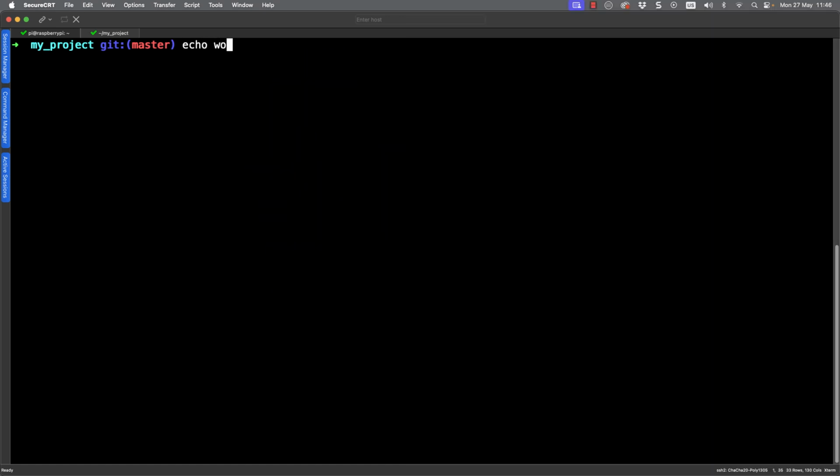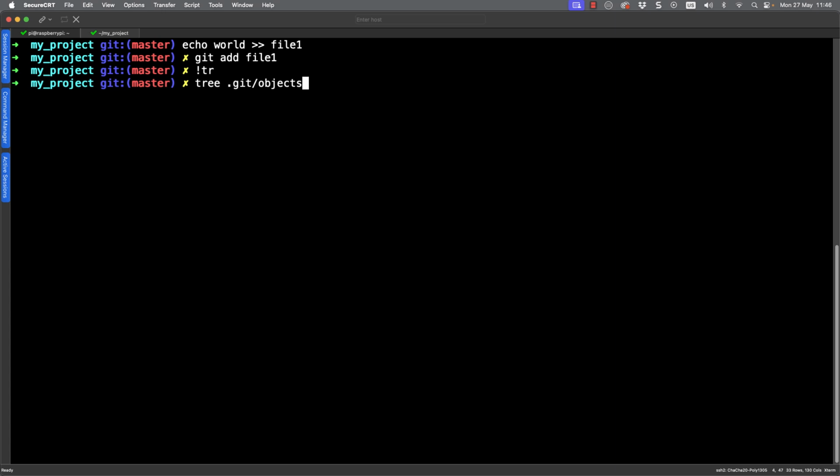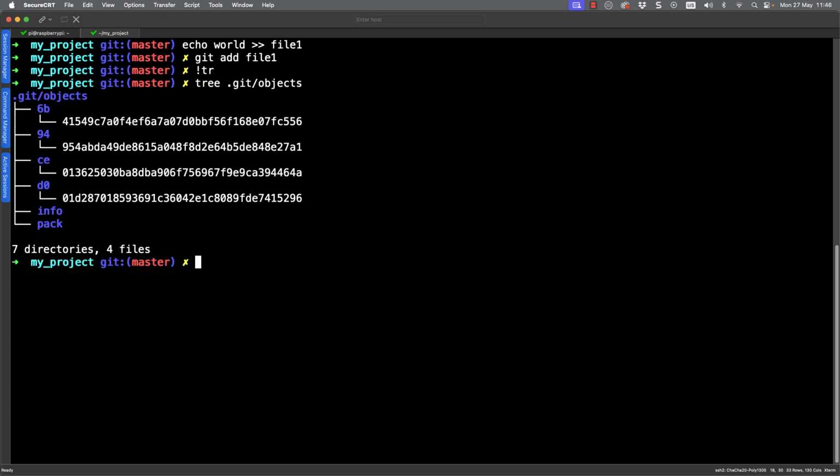Well, let's now go through and update our file. Remember, this is a version control system. So if I append the word world through to my file1, then of course now I have edited or changed it. When I look at git add and file1, we're adding that change now into my git repository. When I go back and look at tree, we can see what's changed. That I now have 2 file objects. So we have the original file object CE, but take a look, we now have a new entry